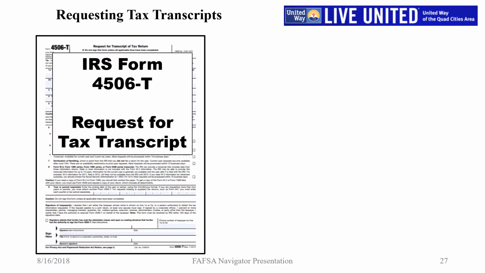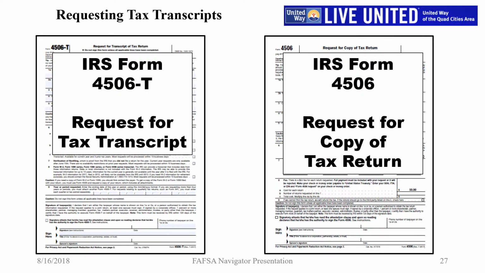The 4th method is mail a request to get the transcripts or forms mailed back to you. Mail to mail. Shown on the screen is IRS Form 4506-T, the T being for transcript. If you remember, it was a download option on the main Get Transcript page shown earlier. The IRS also has a Form 4506 to request a copy of your actual forms. Our focus now is on the -T for transcripts.